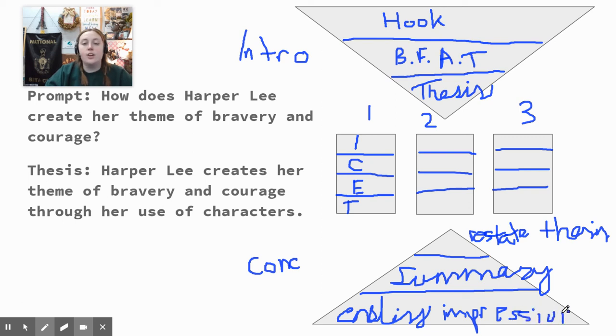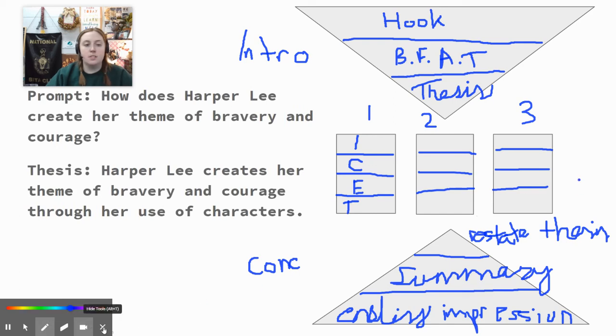Now, again, notice the size of the triangle. So for the triangle, you start extremely specific, talking about the thesis, and then you end very broadly, bringing it back to real life, bringing it back to your reader. So starting very specific and then getting very broad. Okay? So let's go to my next,